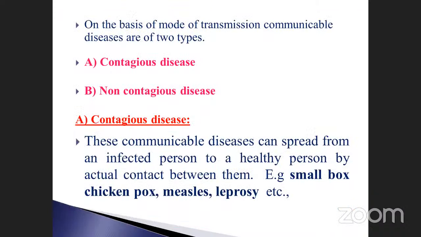On the basis of mode of transmission, communicable diseases are of two types: contagious and non-contagious. Contagious means communicable diseases that can spread from the infected person to the healthy person. Take smallpox. If a person suffers from it, the liquid part present in it spreads to many persons. Take the example of hostel persons. If any one person suffers from smallpox,